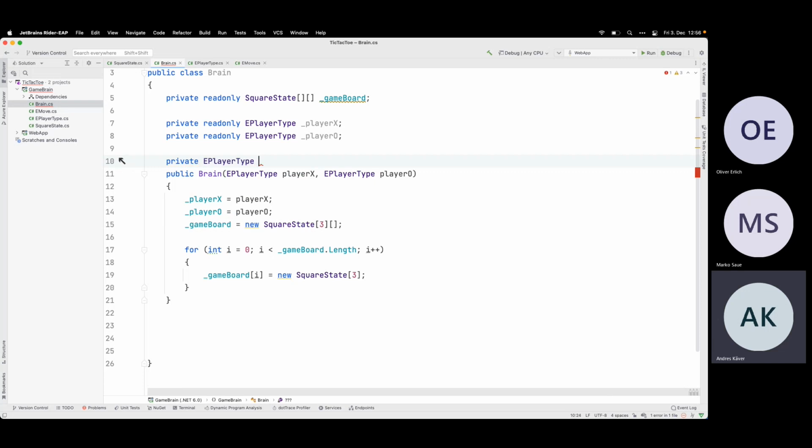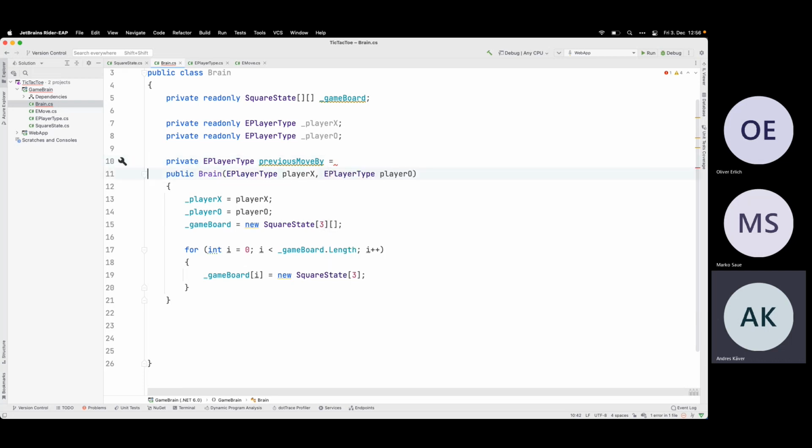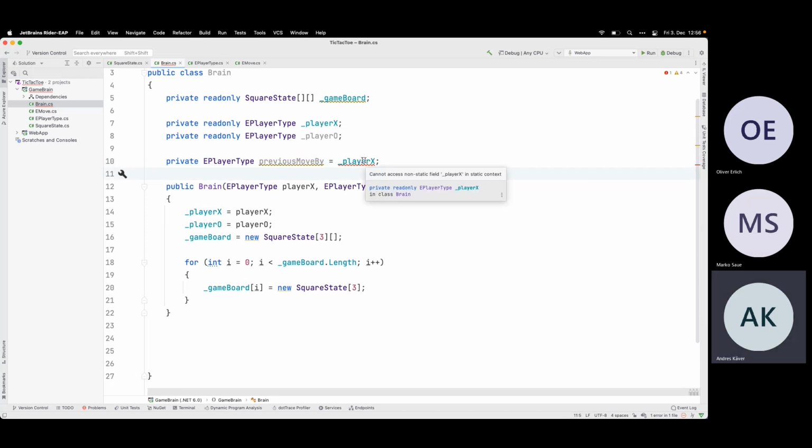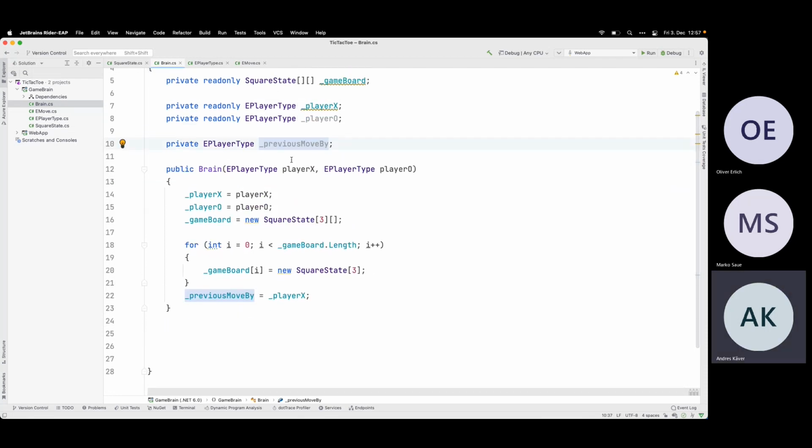Private E player type, previous move by, or next move by, or whatever I want to keep here.